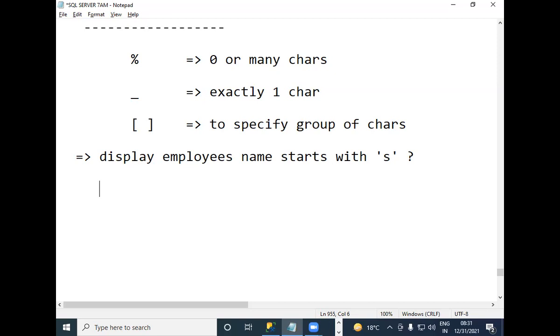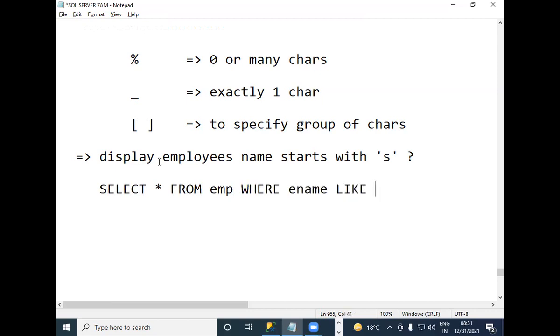Here you have to use the LIKE operator. So select star from EMP where